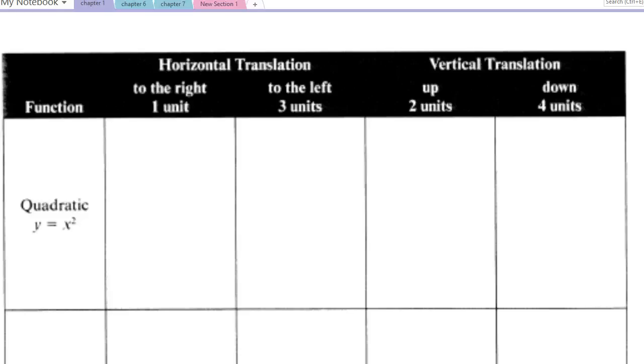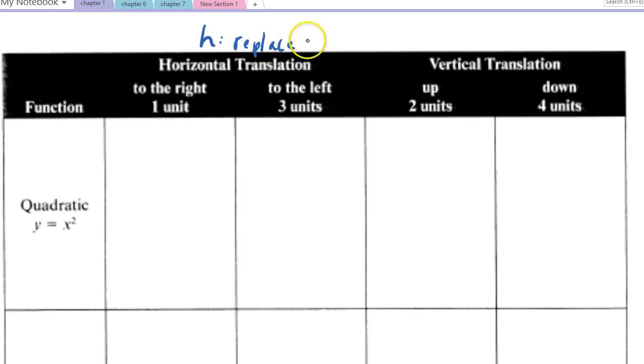Okay, for this video I just want to go over this page 10 chart, and I also want to introduce you to some graphing software, a graphing website. So if we're going to complete this, I just want to remind ourselves that the horizontal translations have to do with the h values. Okay, so the h values over here,